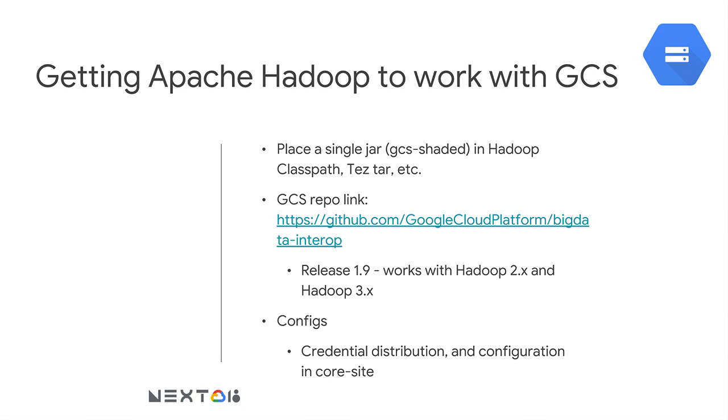So if you're in Google Cloud itself, definitely take advantage of service accounts for this. That'll give you that transparent token exchange. But if you're coming from on-prem or a different cloud, go ahead and you can set those credentials in the